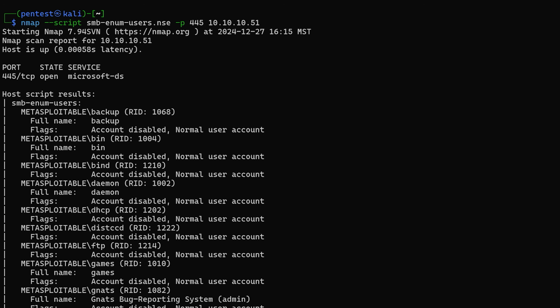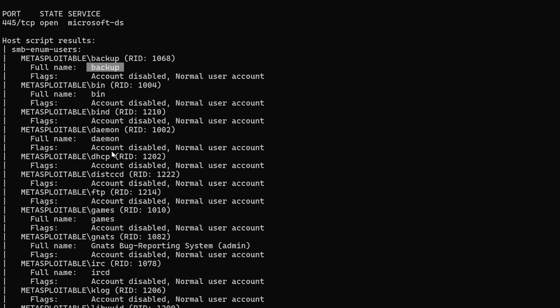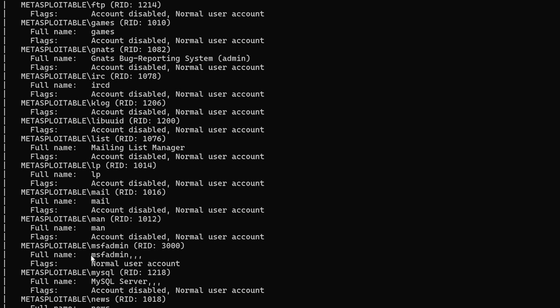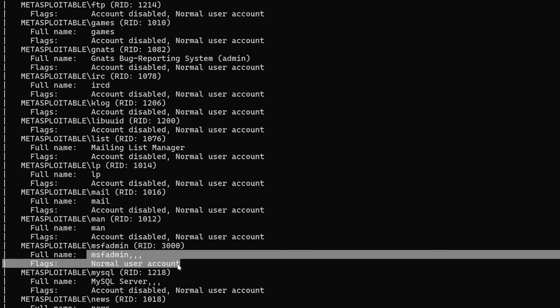All right, it doesn't really take very long to exploit this. This isn't something you're always going to be able to find, but you might as well test for it just to see if you can get this kind of information out of it. If we go through this just a little bit, we can see that it basically provides a name and then whether an account is available or not. If we scroll down, we can see that there's an MSF admin account and normal user account. So this is one way of identifying valid attack vectors, specifically users, and using the SMB script for